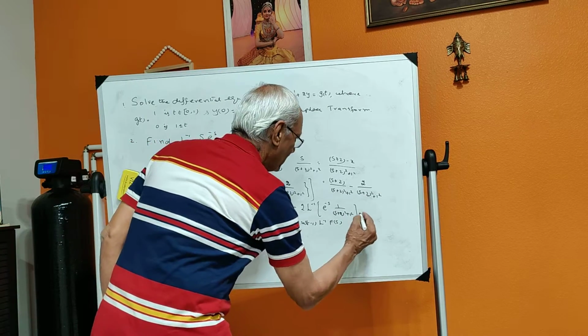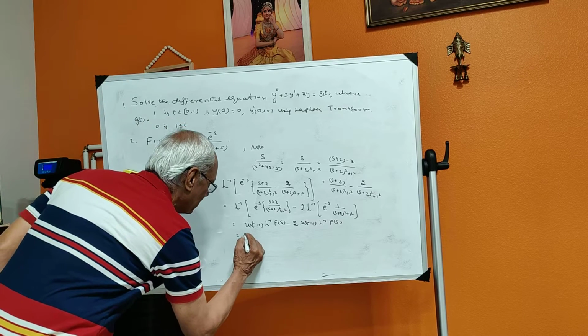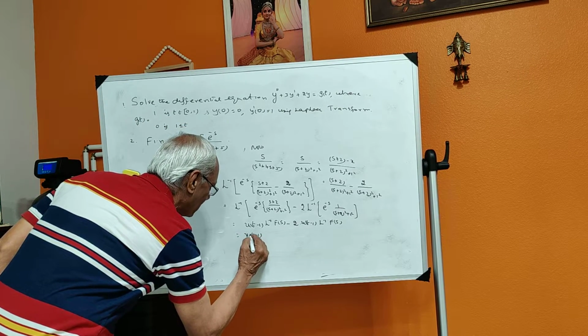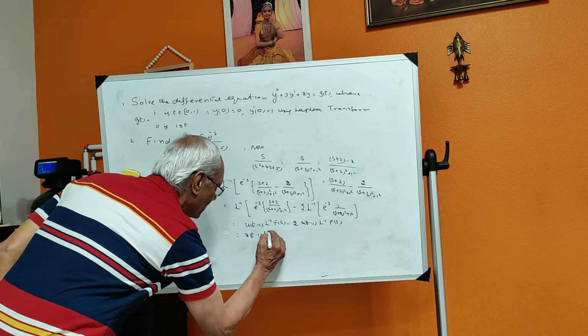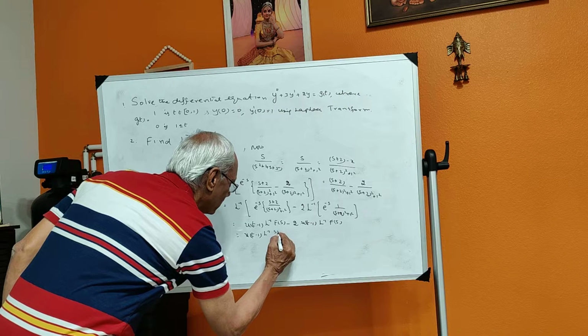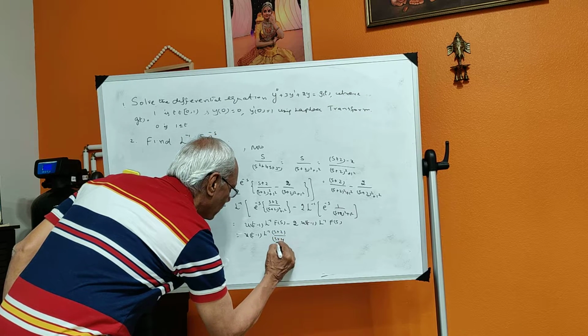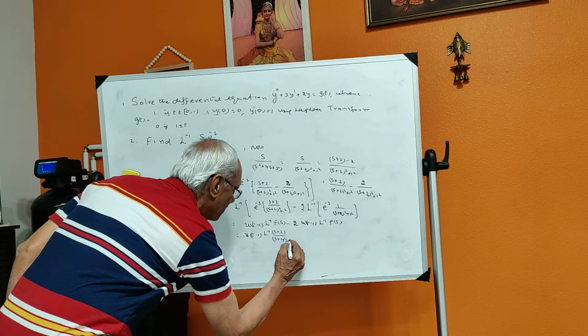So this is nothing but u of t minus 1 L minus 1 of (s plus 2) divided by (s plus 2) whole square plus 1 square,